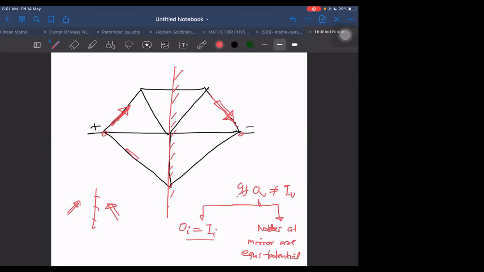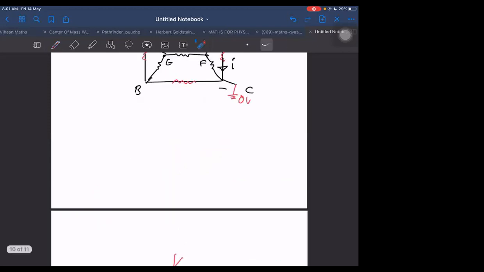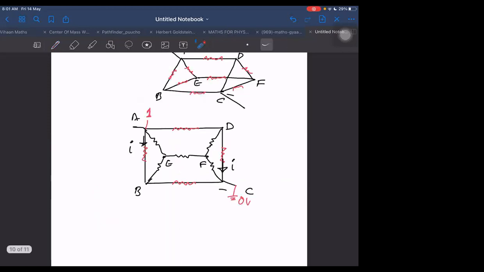So if I have an arrow of the current here like this, normally if I draw the normal diagram in optics, then I will take its image in this way. But here I have to reverse the image once. The current direction will not be like this, it will get reversed. So to form a loop, this reversing has to be done. Similarly, here also we have to do that.